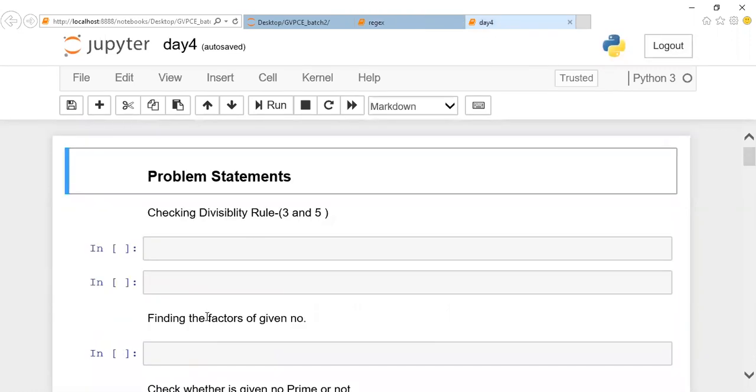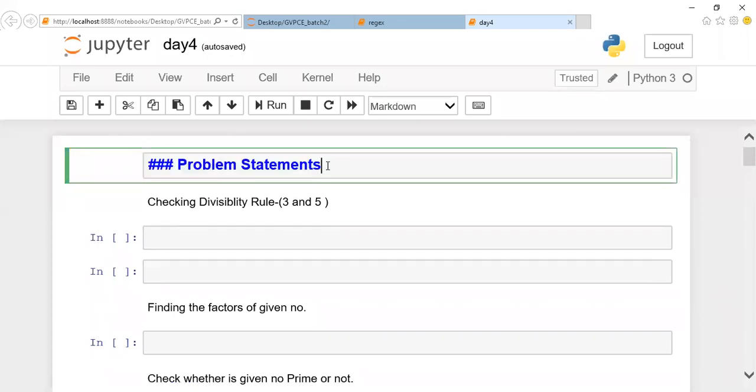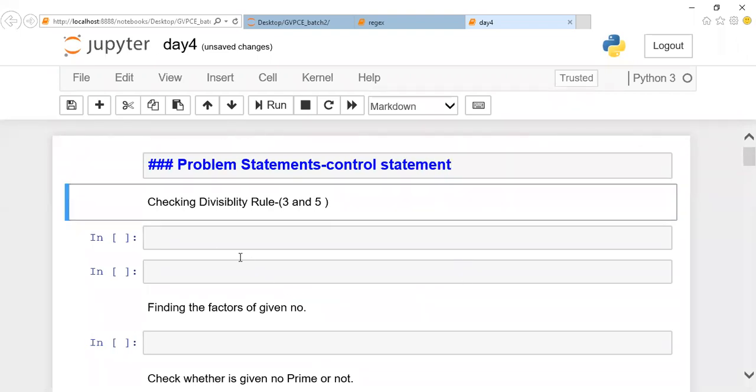In problem solving, we are going to start initially with the control statements. Today morning we'll complete the control statements, and in the afternoon we can move on to lists and tuples one by one. So I want you people to try out the first question, guys. The maximum I can give for this question is hardly 5 minutes.